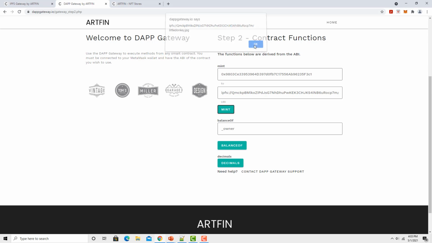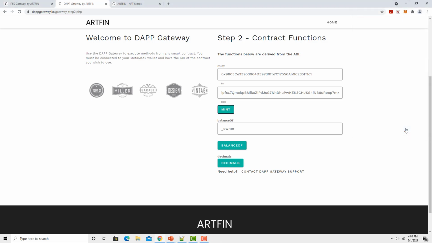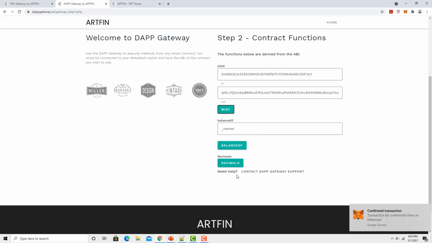I get a couple messages that I'll get rid of. Now what it does is it brings up MetaMask, asks me to confirm. And now I've actually minted a new token using this smart contract, and it uses this ABI. So I've got any functions that I load the ABI for, if I've got a contract and the variables that I need. Here's my confirmed transaction,